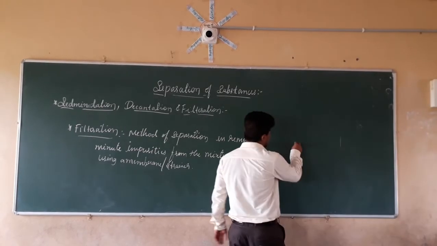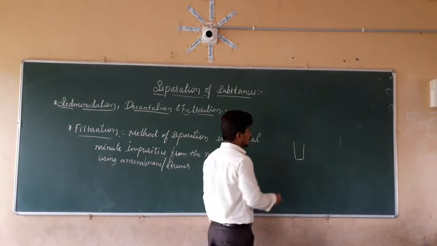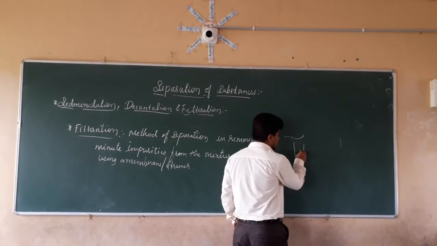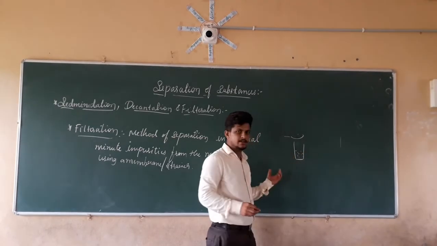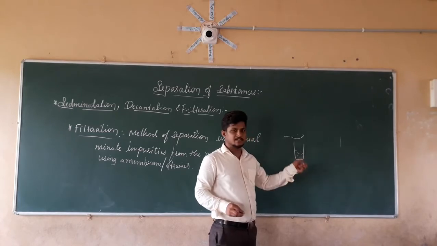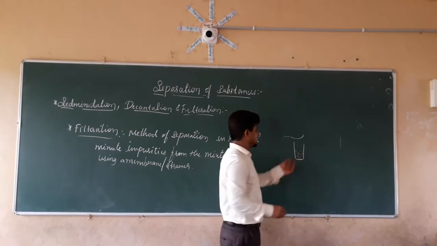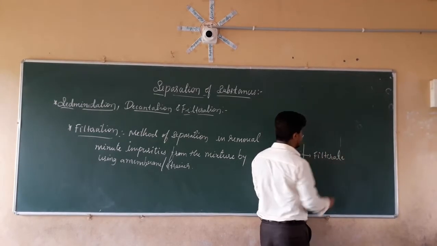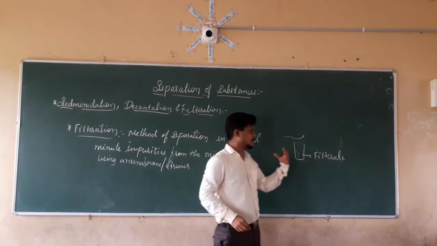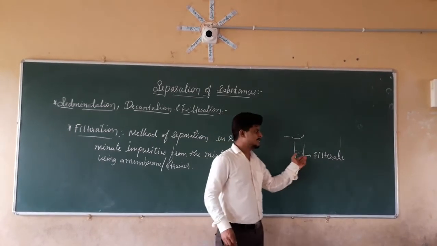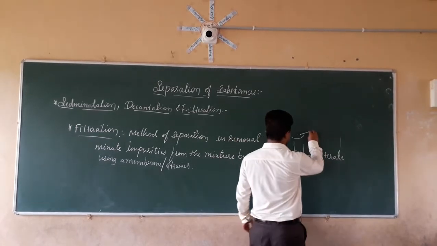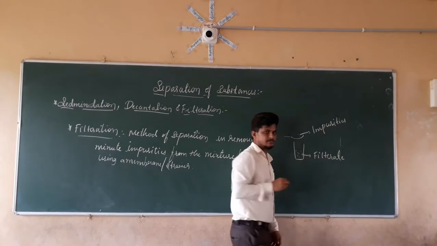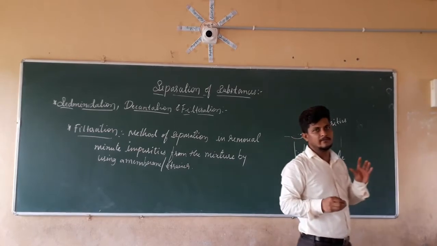So here is the cup of tea. Now we have already filtered that tea by using the strainer. The pure liquid which is present here after the filtration is known as the filtrate. Whatever liquid remains after the filtration is the filtrate, and what is present here are the impurities. This is all about the filtration.